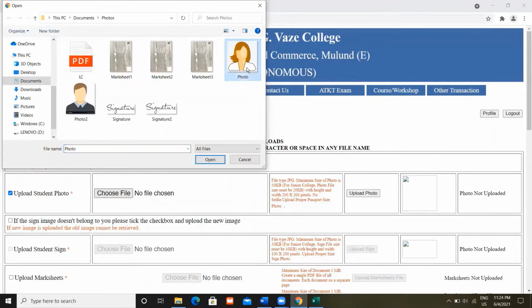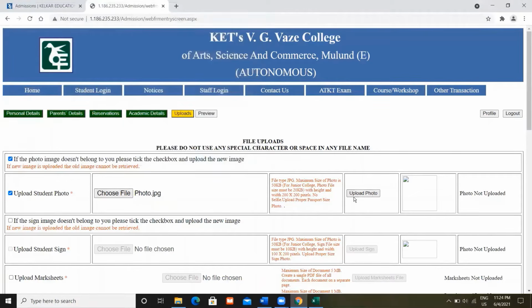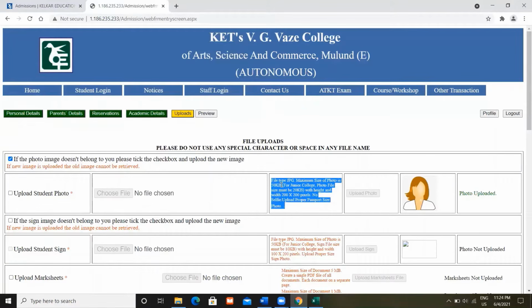So this photo is eligible in this category and it will get uploaded successfully. Once you have chosen it, click on this Upload Photo button. If these conditions are not satisfied, then you will encounter an error for uploading the photo.